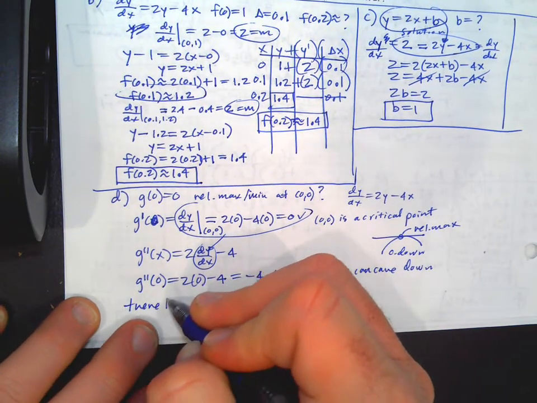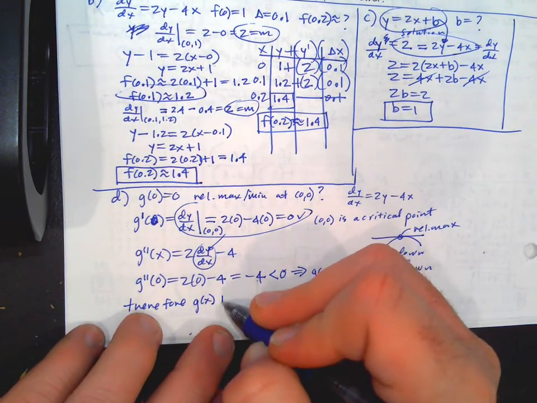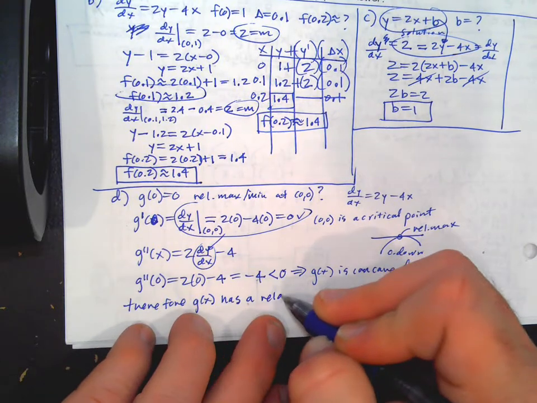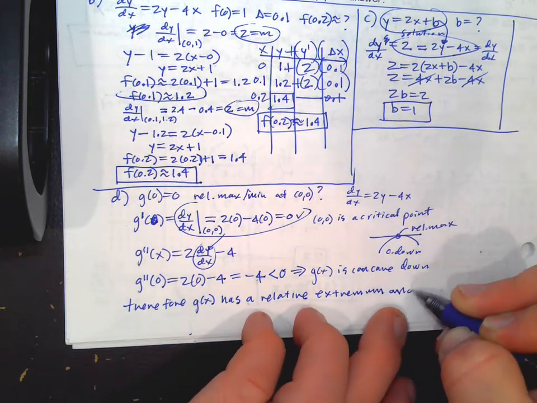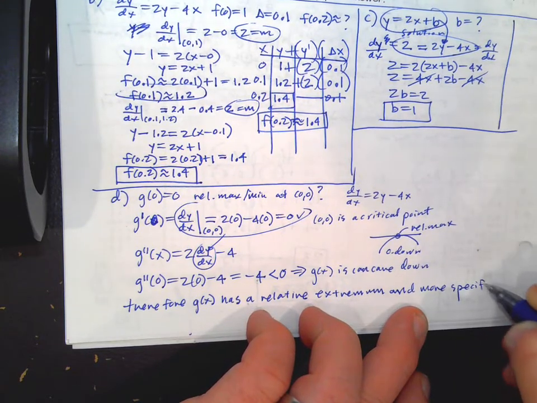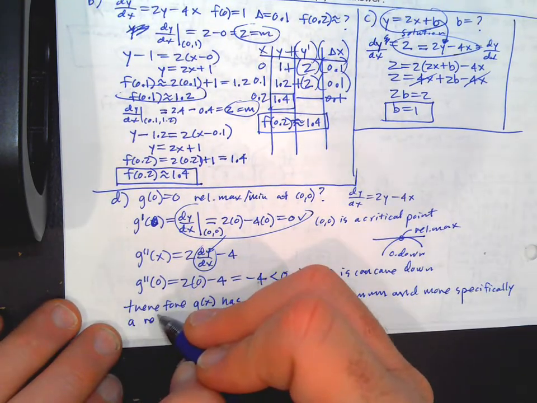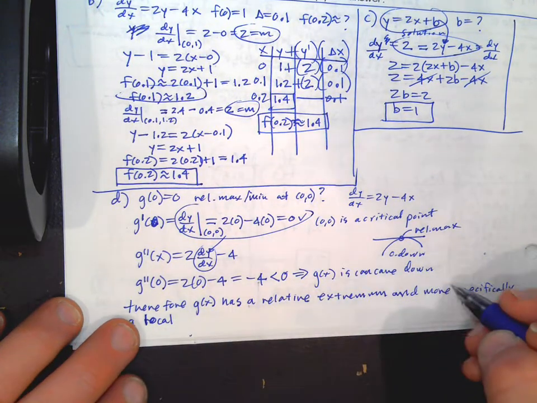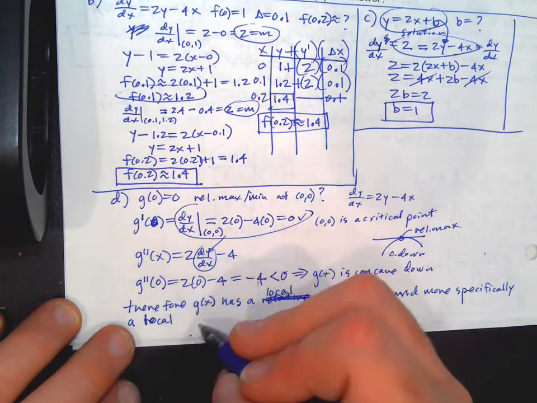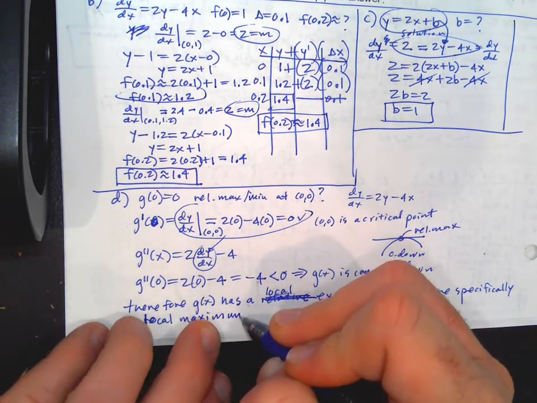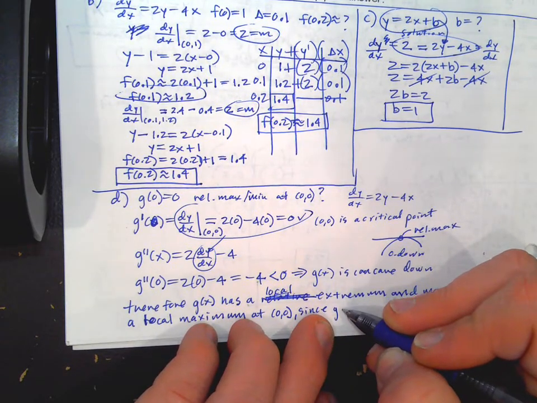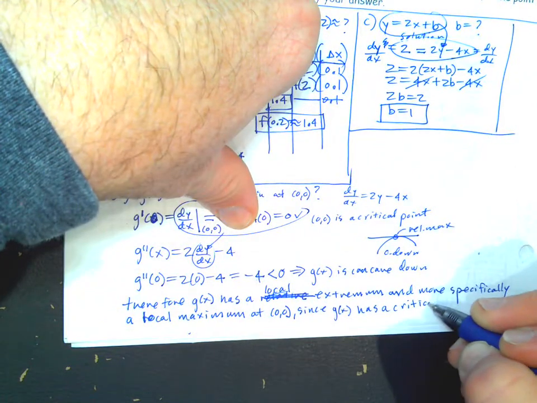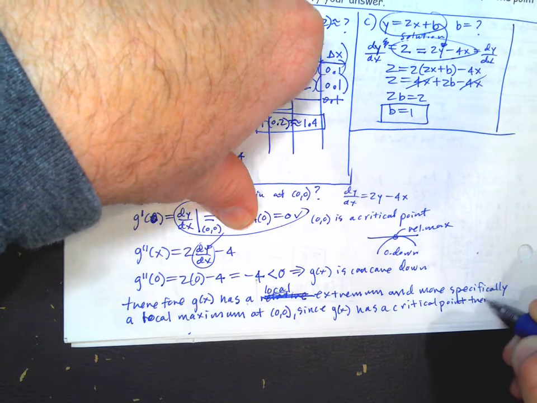So therefore, G has a relative extremum, and more specifically, we could use their language, local, I guess we could have said local right here, local extremum, local maximum at (0, 0), since G has a critical point there, and